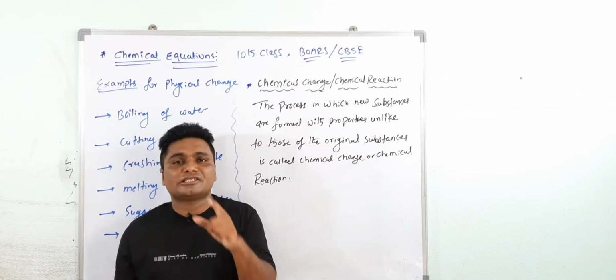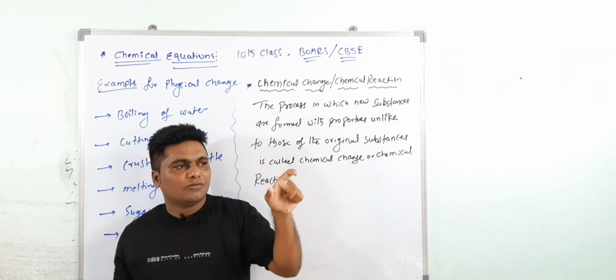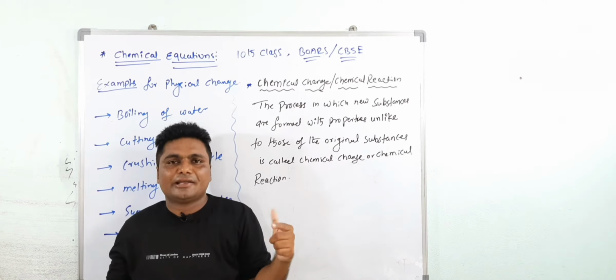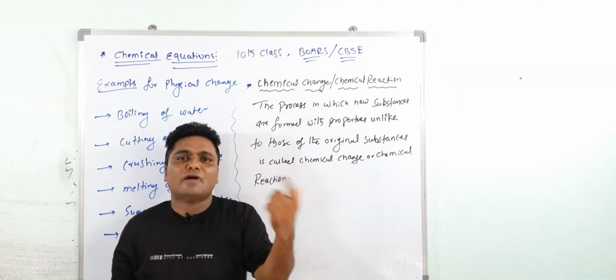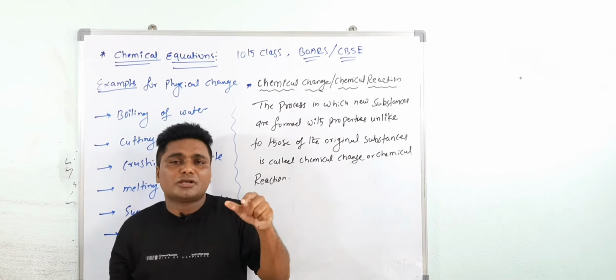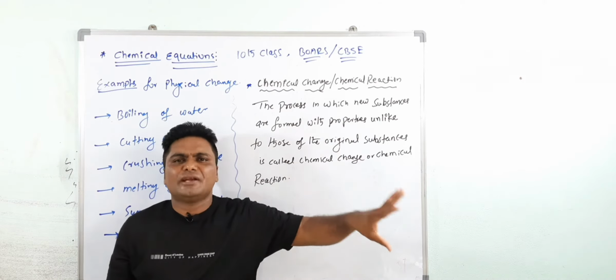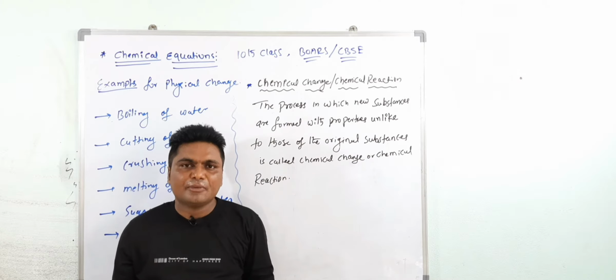For example, rusting of iron. In the presence of water and moisture, iron, like the body of buses and lorries, becomes rusted. The rusted metal does not have any value. It means you cannot convert that rusted iron into original iron. So that is a permanent change. That is a chemical reaction that takes place. Are you getting my point?